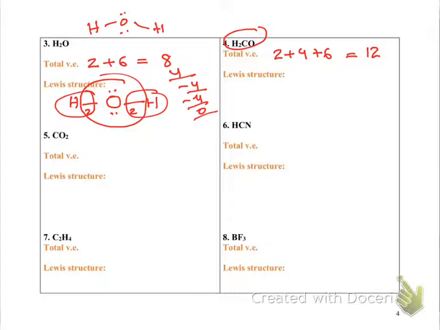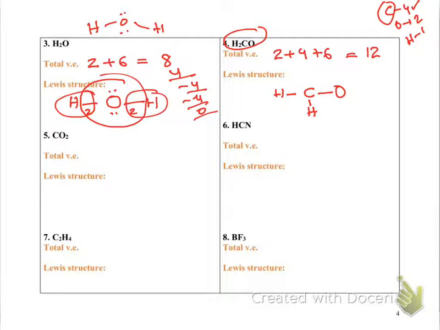Now how will you decide which element will go in the middle to make the rough skeleton? We did it in the last presentation: carbon makes 4 bonds, oxygen makes 2 bonds, hydrogen makes 1. So the atom that makes the most bonds goes in the middle. So I'm going to put carbon here, and I will put 2 hydrogens and oxygen around it. This is my step number 2, drawing a rough arrangement. And step number 3 is you connect them with a single bond.